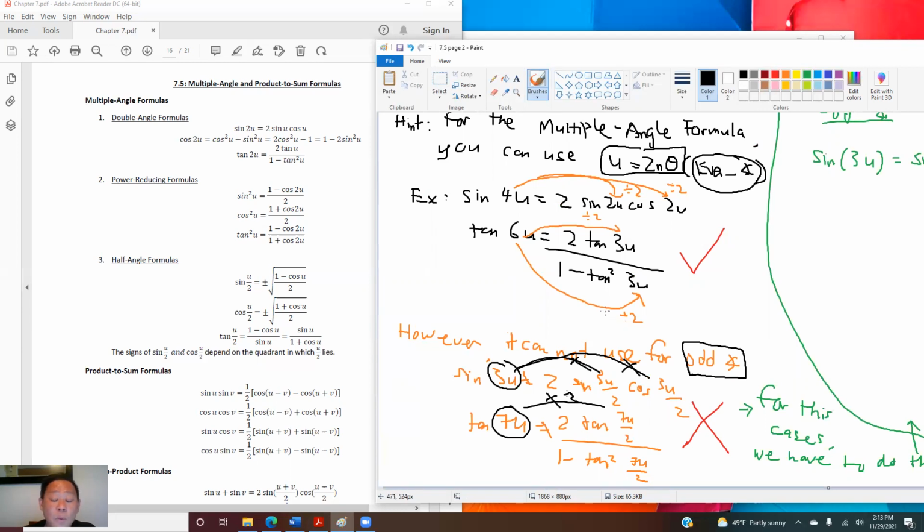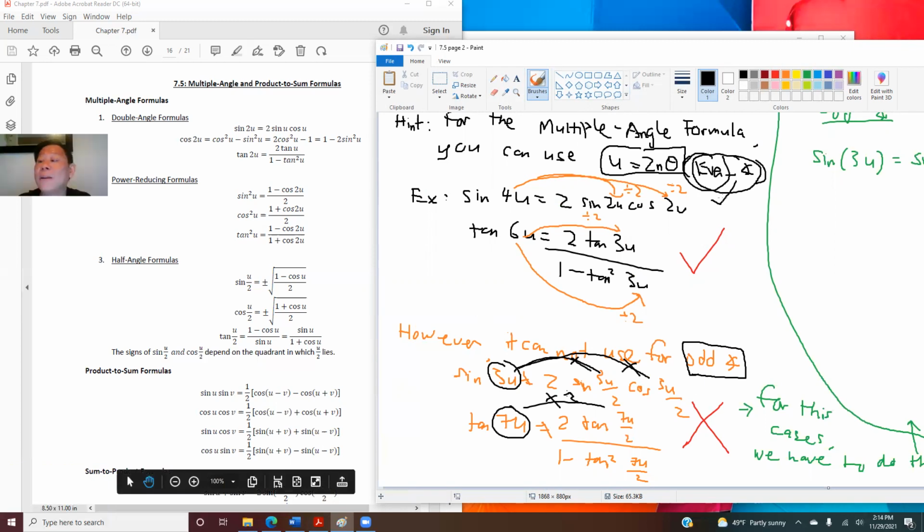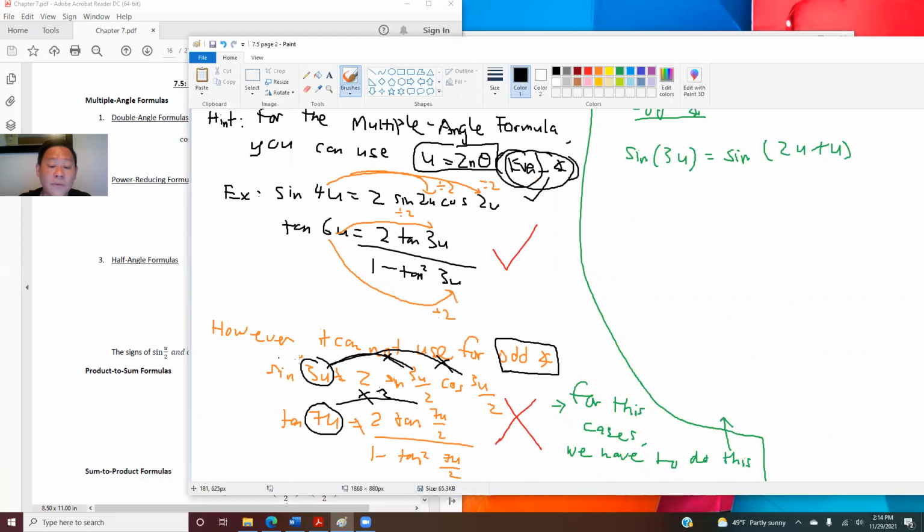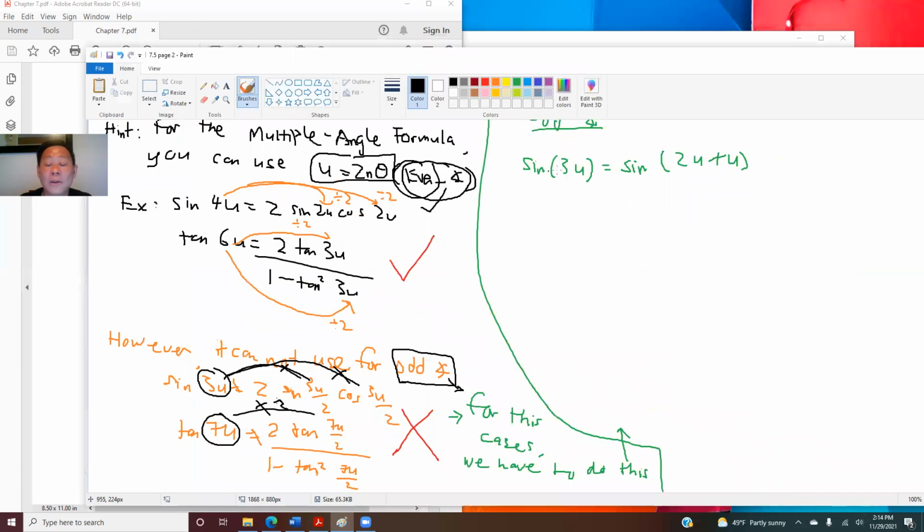So make sure, if it's even, you can do it. If it's odd, you cannot do it. So if you have odd angles like 3, 5, 7, 9, you cannot do it. But if you have 2, 4, 6, 8, you can do it. So what happens when you have this 3u and 7u and 5u and 9u here? For these odd cases, this is what you need to do. So when you have sine 3u,